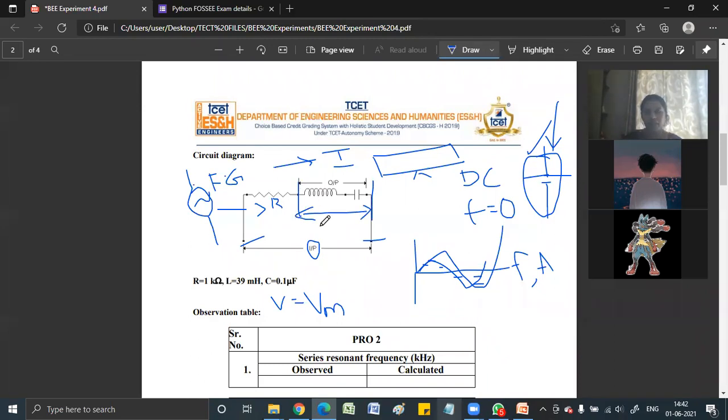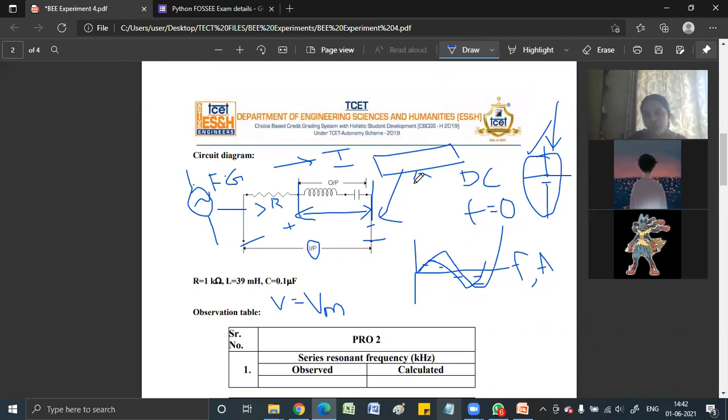So I have to connect an instrument wherein the positive terminal goes over here and the negative terminal goes over here. But can I connect the multimeter of Tinkercad over here? Will it be of any use? No, ma'am, because that is going to give me a DC measurement. I need AC, and I have to observe the variation in the waveform, because the input signal is varying, so the output will also vary with the AC signal.